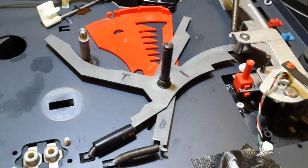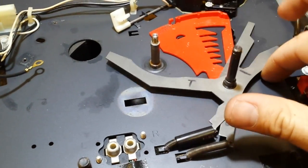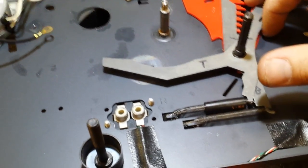Okay, there's one side. And there's the other side. That's the top spring. We'll do the bottom one here. And then we will move on. Okay, so we got the top and bottom springs in place here. You can see that's how it was before we took it apart. Don't worry about how this doesn't line up yet, because there will be something here that will keep that in